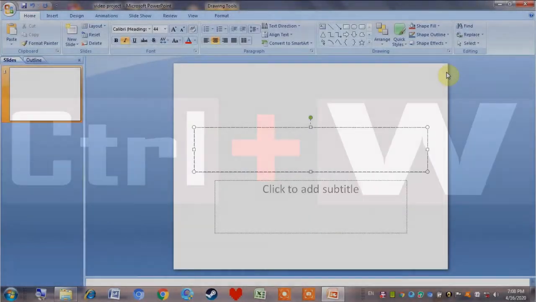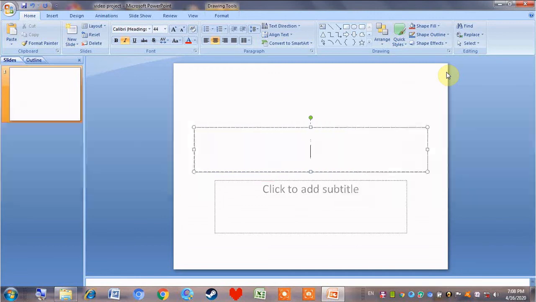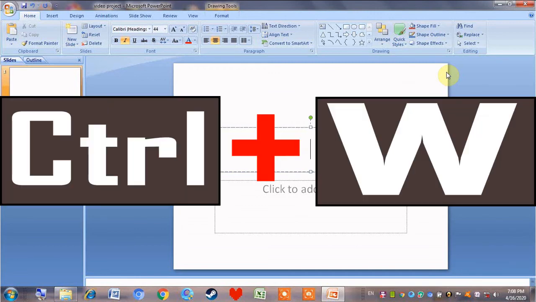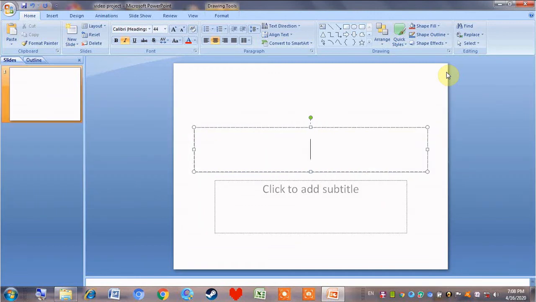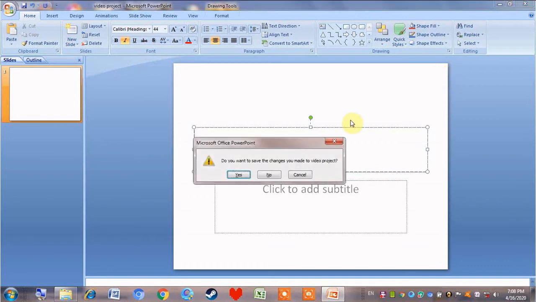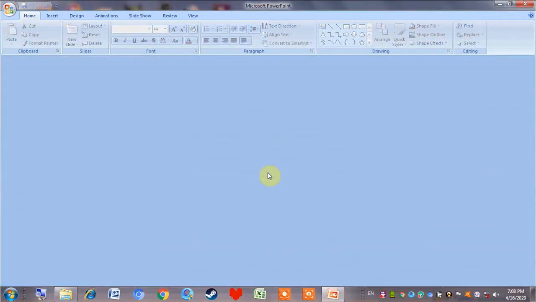Tenth shortcut, Ctrl+W to close a presentation. So let me press Ctrl+W. I am going to click no. But please note, the window does not close. Only the presentation closes. If you want to close the window, you have to click the close button or just press Alt+F4. So next shortcut,